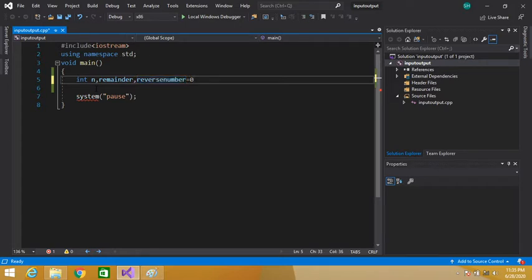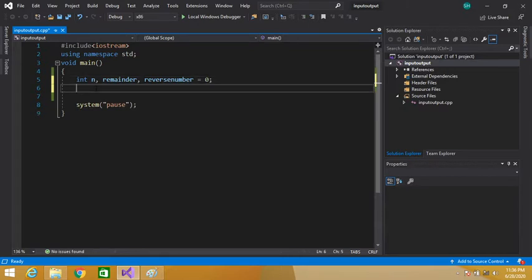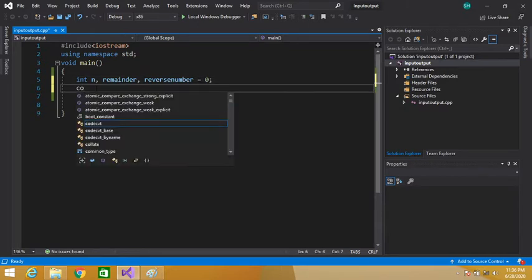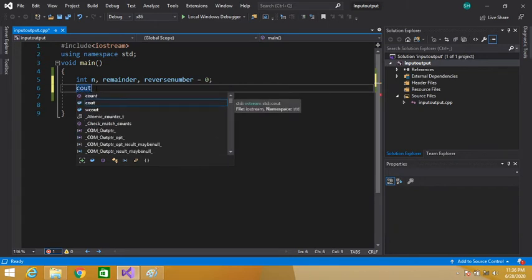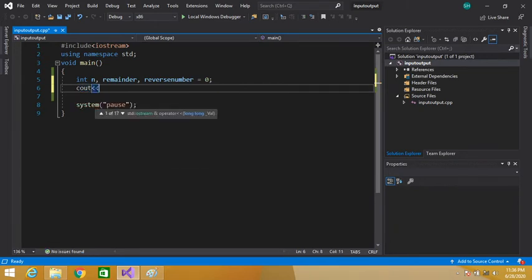We will initialize it to 0. Then we will take input from the user for which we want to find the reverse. We have to take a number from the user for which we want to calculate the reverse.